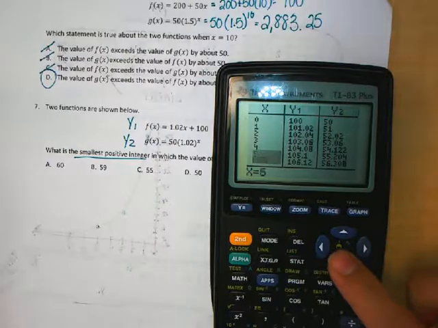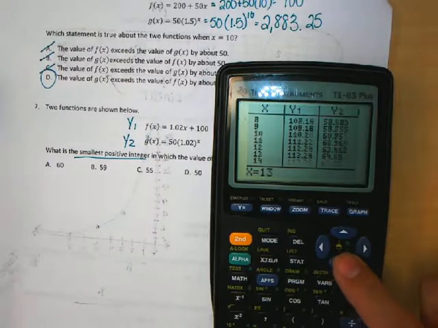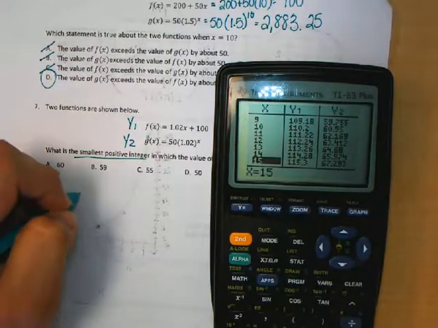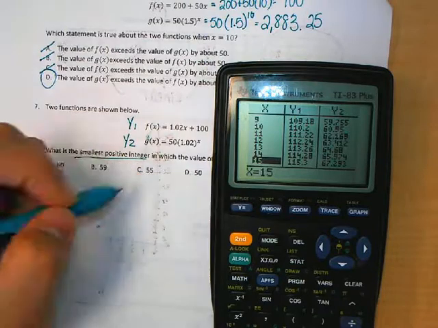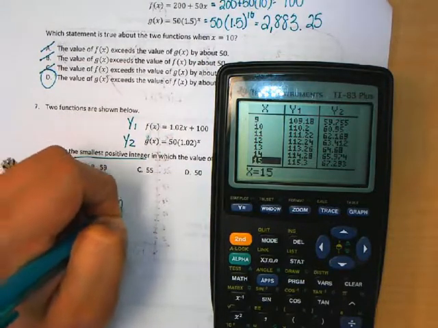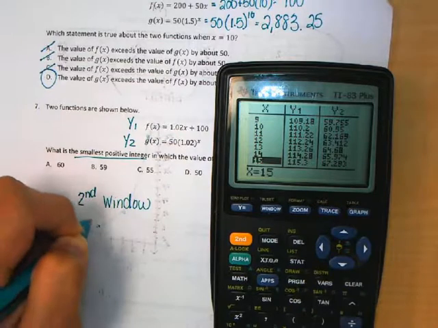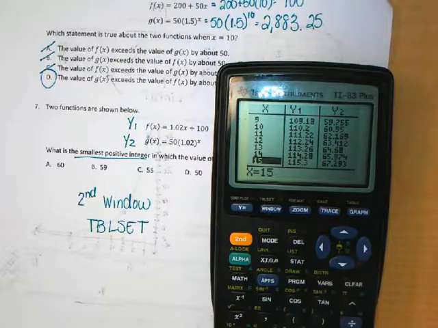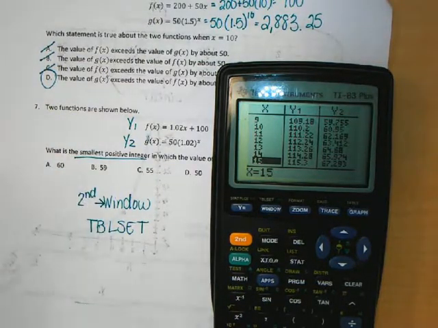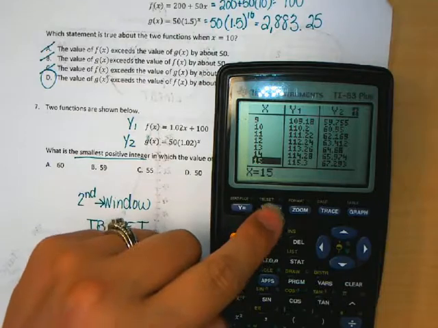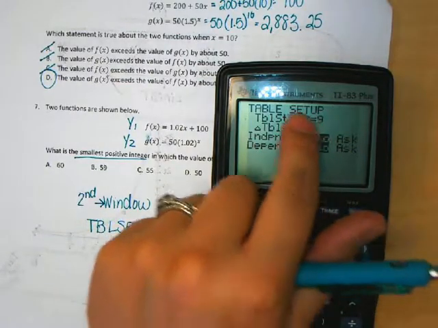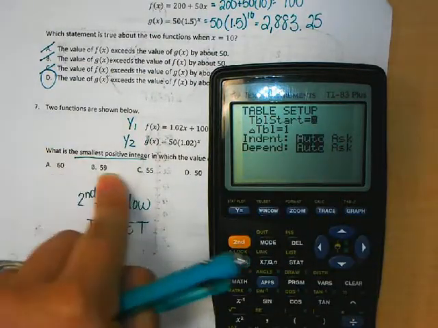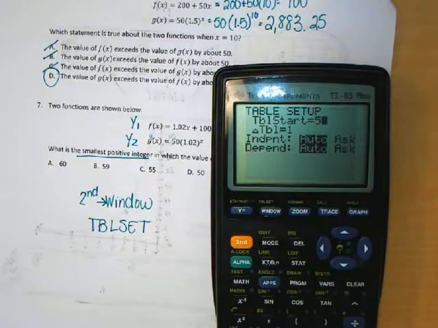Now I can sit here and I can just scroll down until I get to 50, but there is a tip here. If you notice above window, you'll see where it says TBL set. That stands for table set. So if we hit second window, that's my table setup. I can tell my table where I want it to start. So since my smallest answer is 50, I'm going to say 50